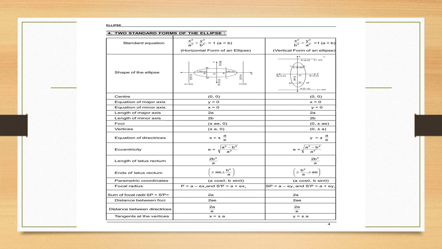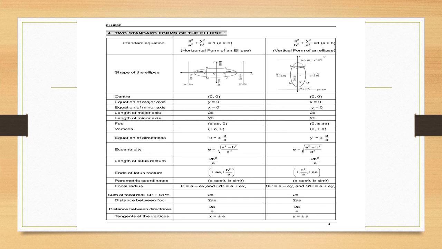I want to tell you one thing. Please make a small correction. The length of the major axis is 2a, and if you take the ellipse as x²/a² + y²/b² = 1 where b is greater than a, in this case it becomes 2b. But here they have given x²/b² + y²/a² = 1, where again a is greater than b only. So the ellipse's major axis remains 2a only.